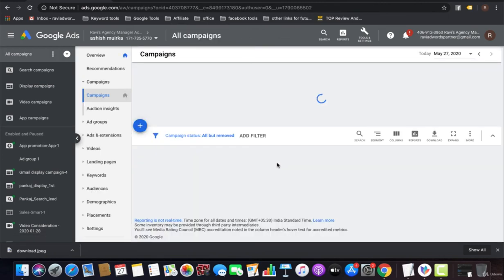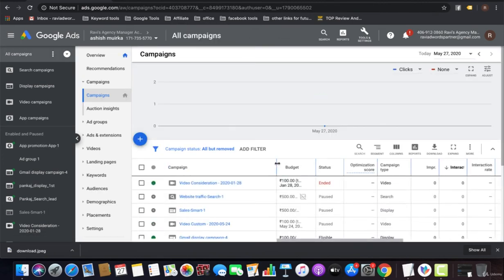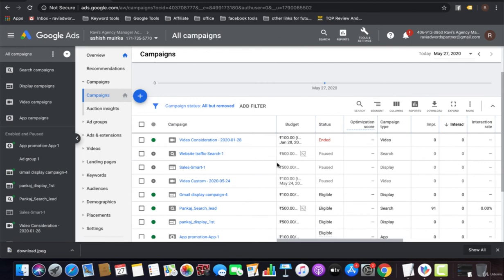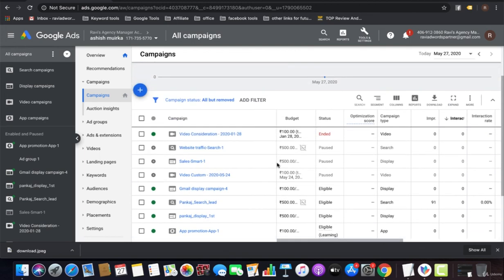So that is all about display ads, in which we have already discussed the display network and how to create a display campaign, how to create a Gmail campaign, how to target all the audience types as well, like interest types, demographic types, placements, and geographic targeting, and we have already set up the app promotion as well. So these are all the types of campaigns you can run with the display ads network. So this is all about module three, which was the display ads campaign. And so let's move to the next module,